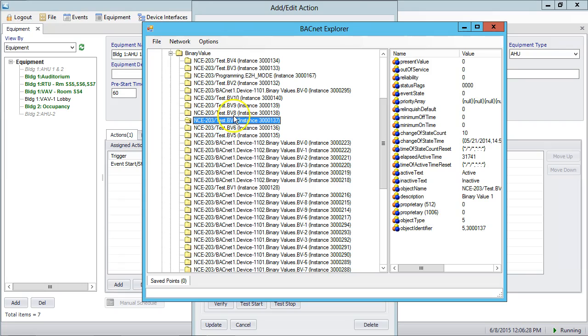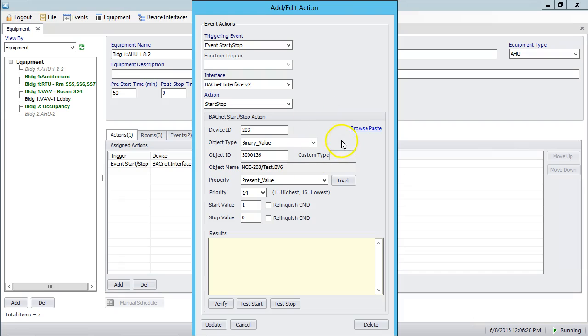So that's air handler 1. This is air handler 2. So we're going to grab this one first, copy it, and I can see that that one is the next instance ID up, so I'll just manually enter that one in to save time. So for this one, I'll paste this one in, BV7,